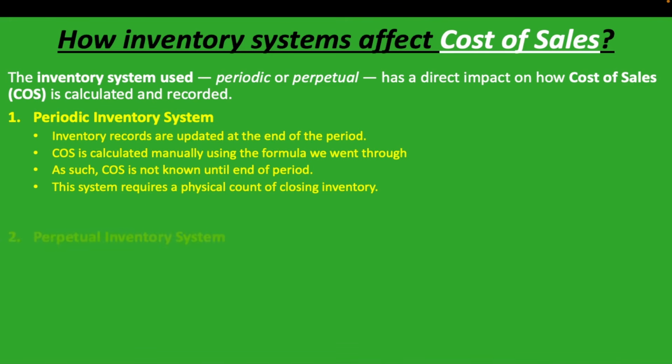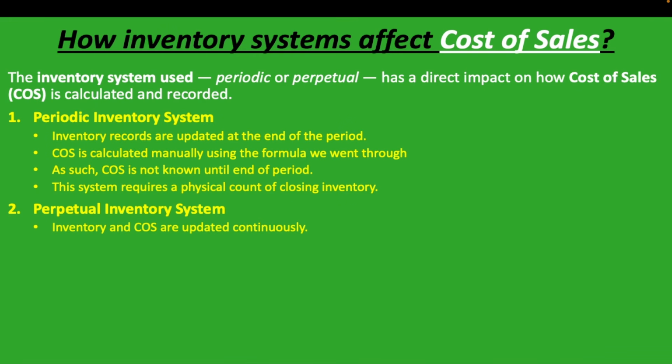What about the perpetual inventory system? How does that work? Well, inventory and cost of sales are updated continuously, and as you may note, the word perpetual also means continuous, and so we're updating our cost of sales continuously, so we don't have to apply the formula we looked at in the previous slide. Each sale immediately reduces inventory and records cost of sales. And you will note that with the perpetual inventory system, there are two journal entries that you capture. One is for the sale of the inventory, and the second is for the cost of sales,